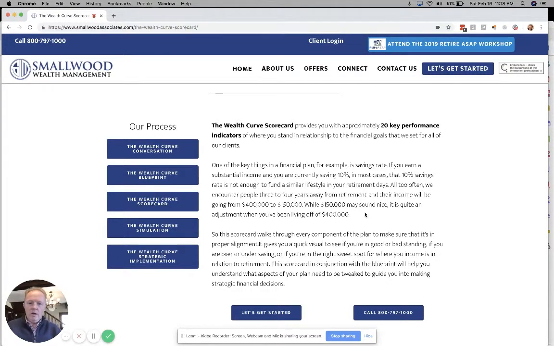We are continuing the conversation on the wealth curve blueprint and the wealth curve scorecard. The wealth curve blueprint is really a great tool to understand where you are, to focus on the key components of your plan: income sources, savings rate, taxes, debt structures, real estate taxes, lifestyle, current assets, current liabilities, and future liabilities. And future liabilities, college planning, wedding planning, bar mitzvahs, bat mitzvahs, all these things are such an important part of the plan, and they seem to happen a heck of a lot faster than we ever think that we're